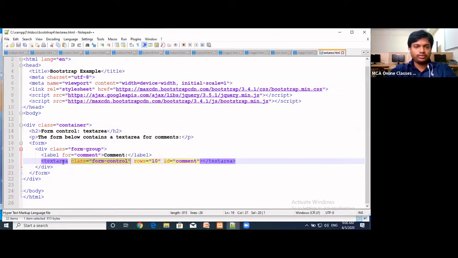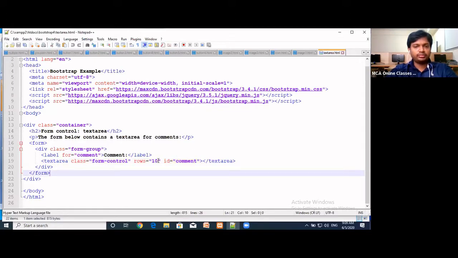Whenever we use that element in our web page, whether it is an input, a text area, or a checkbox, we have to add this class to that tag. The class form-control must be added to this element.